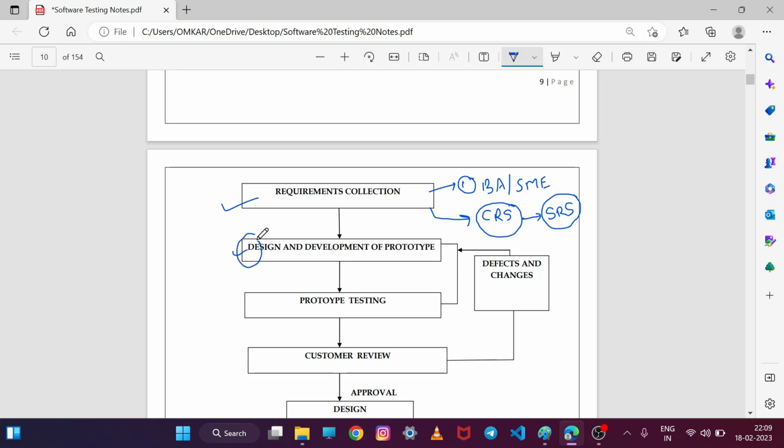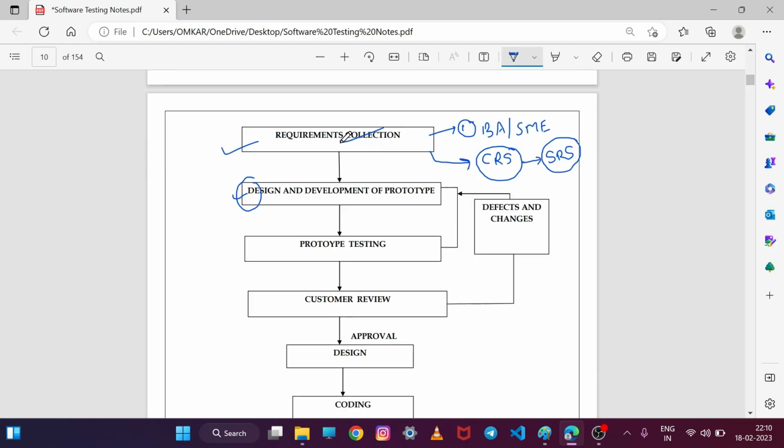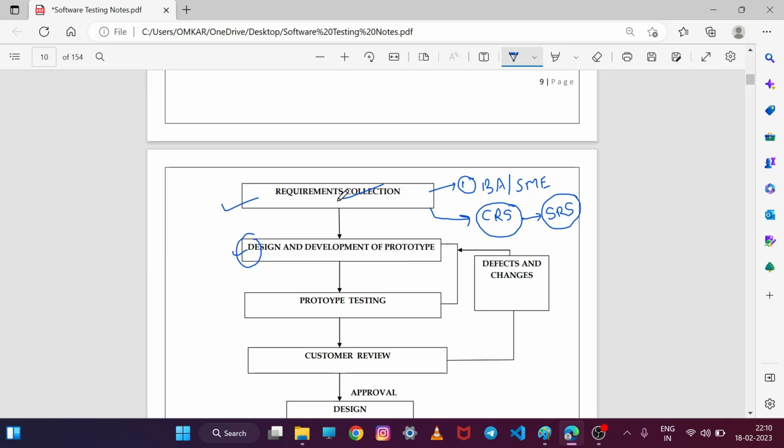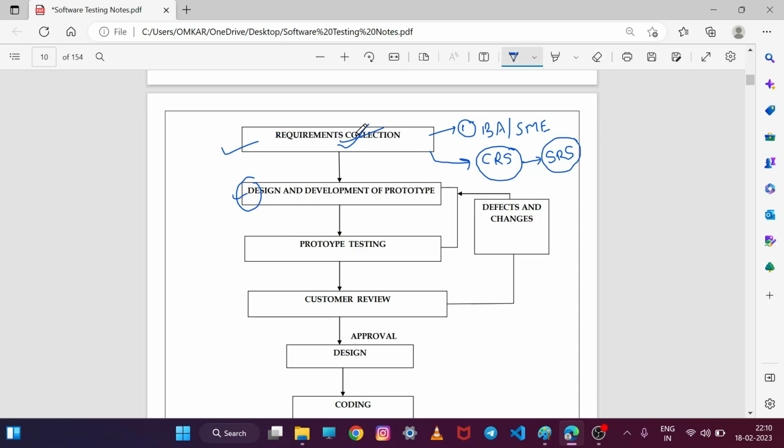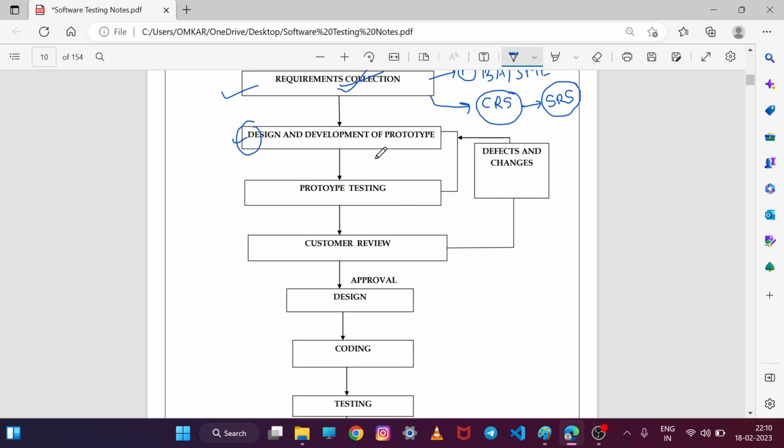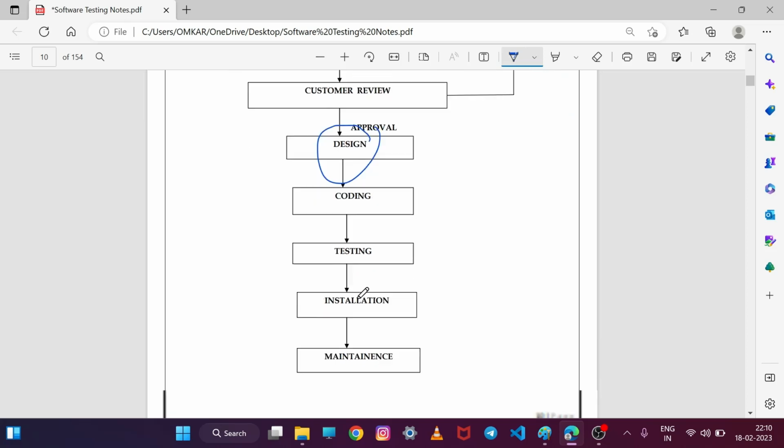What changes here is, in a regular model, like waterfall model or a spiral model, after requirement collection we do the feasibility analysis. After feasibility analysis we do the designing part. Okay, in regular scenarios we collect the requirement, and after requirement collection we do the feasibility meeting. If we find that the project is financially feasible and technically feasible, then we do the designing part. Okay, after designing we do the testing, coding and all the things.